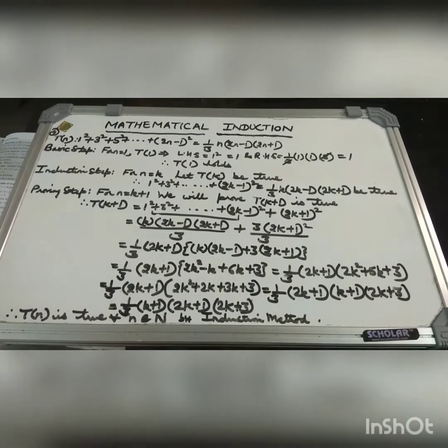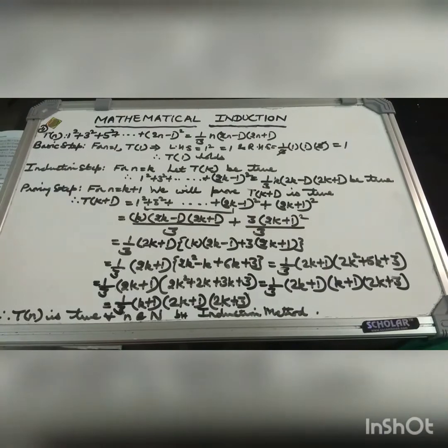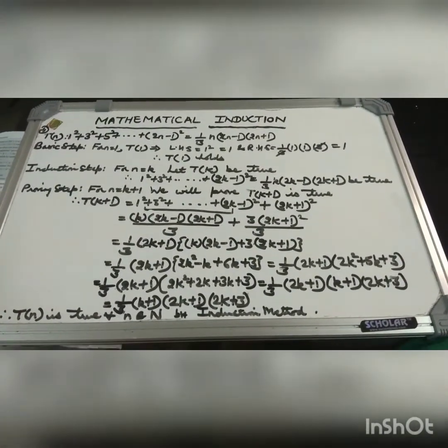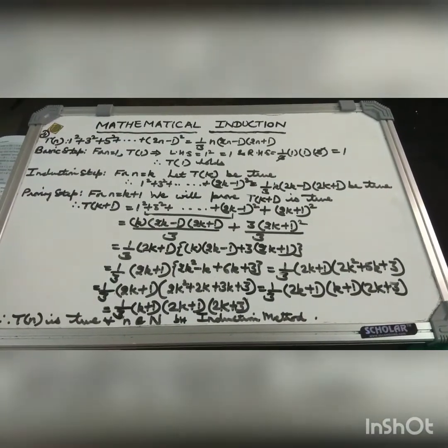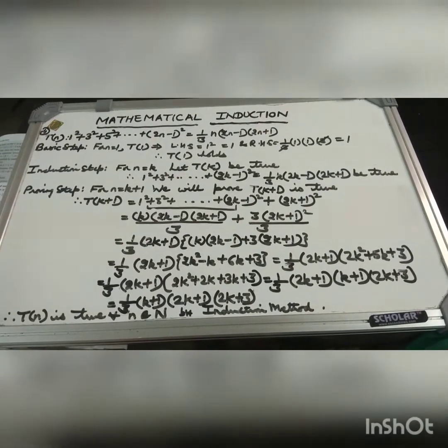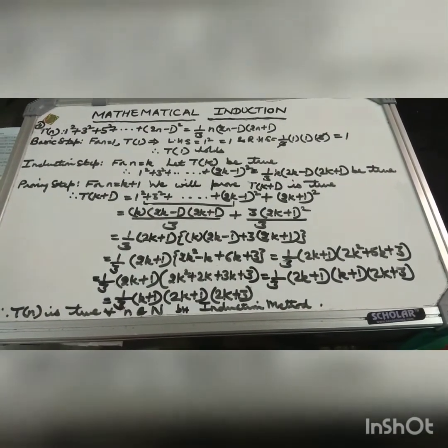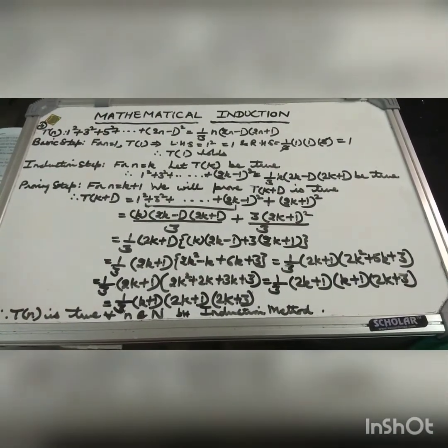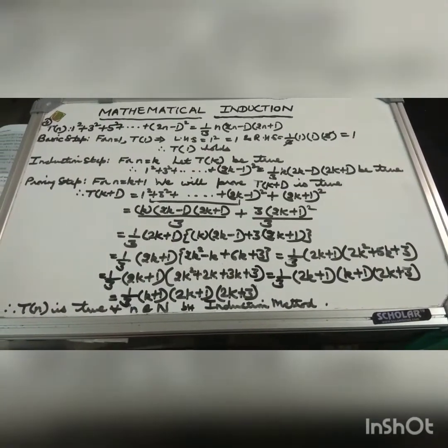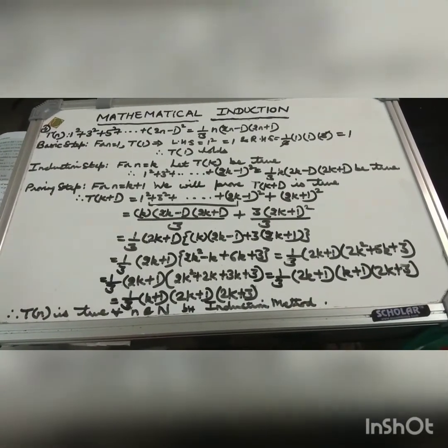Now, children, I am doing question number 4 of exercise 8A. Now, this is a very good question. Actually, it is the sum of squares of odd numbers, and it is actually said to be a formula also, which you will be dealing somewhere in your series, but as such you don't learn all the formulas. So here is the deduction or how to do the proof. I am just explaining you by induction method.